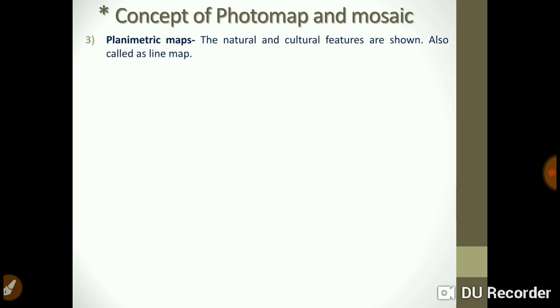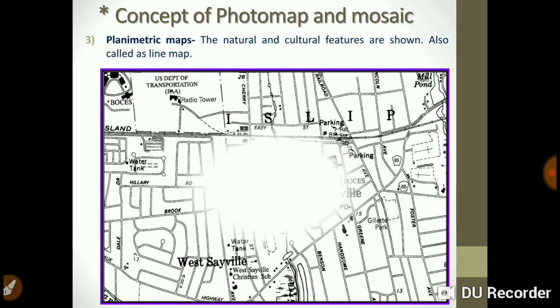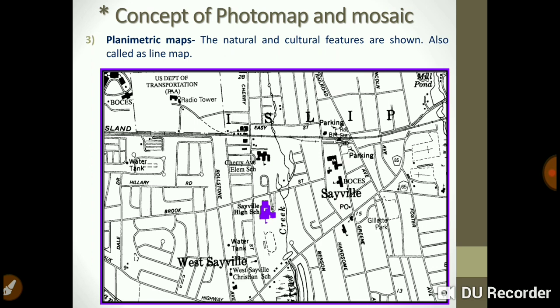The next type is the planimetric map. This is the photo map in which natural and cultural features are shown. It is also called a line map. We can see in this picture that all the natural and cultural features are denoted by different symbols, or we can say different lines, and therefore it is also called a line map.